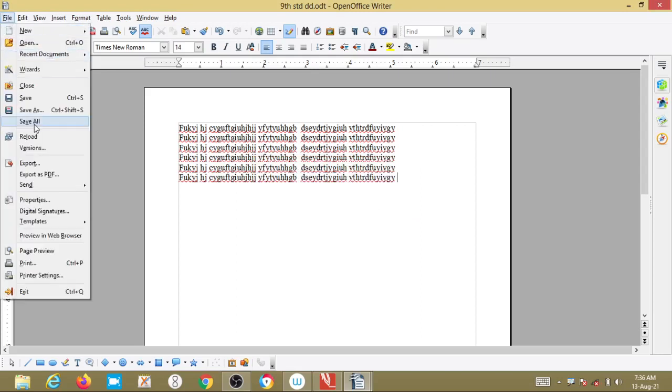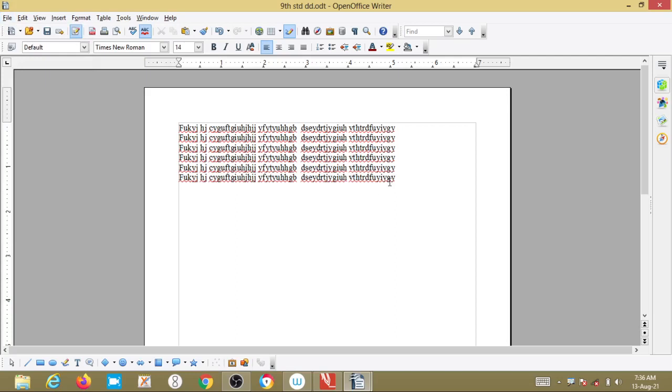Clear? Now suppose you have written some letter and made certain changes. Suppose there is an application containing the name of the student, father's name, mother's name, then your phone numbers, then your address.